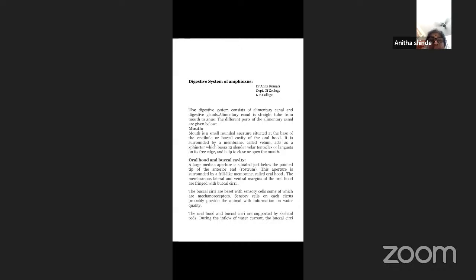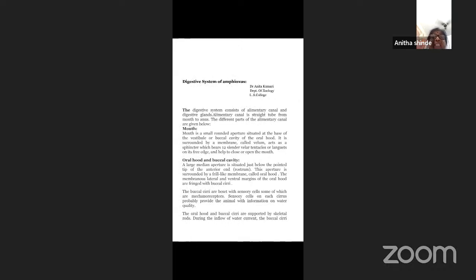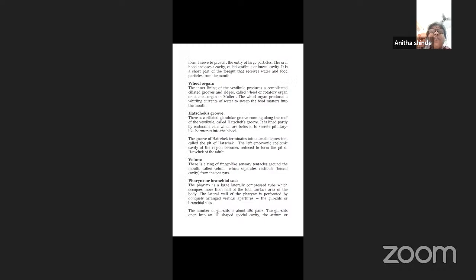They are called mechanoreceptors, and these sensory cells provide the animal with information about the water current that is going on. Now, the oral hood as well as the buccal cirri are supported by skeletal rods. And during the inflow of this water current, the buccal cirri will form a sieve to prevent the entry of